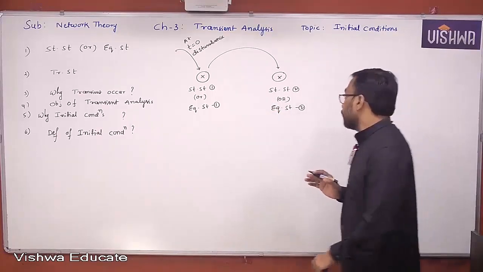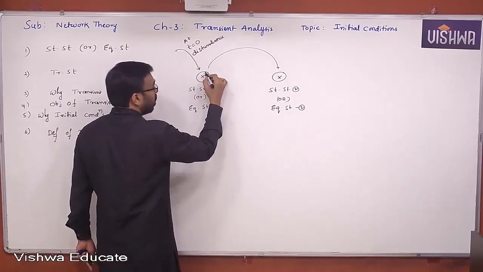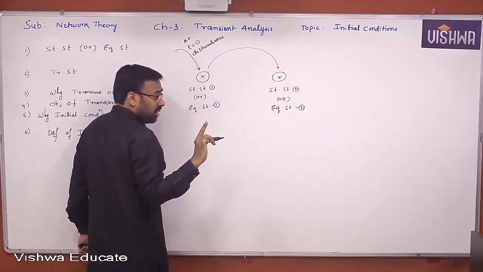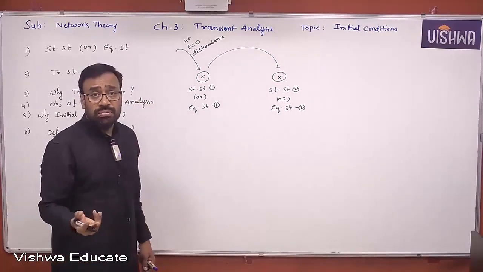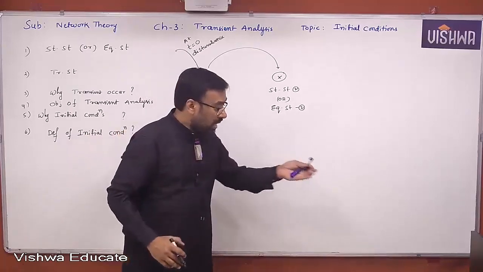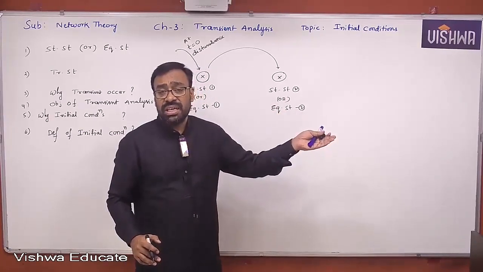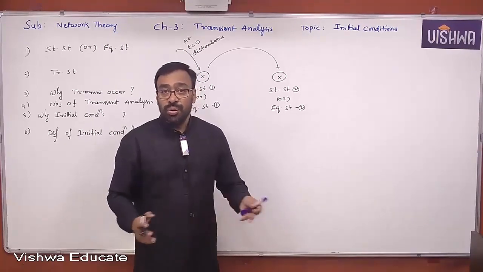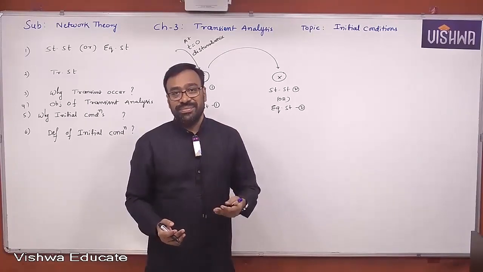Okay. Well, now the system whose steady state got disturbed and is entering into another steady state, do you think the system will reach another equilibrium state in 0 time? No, not possible. I'm here for a long time and somebody applied a force, then I'll reach another equilibrium point. But do I reach that second equilibrium point, or second steady state point, in 0 time? Is it possible? No. What is the reason for that? Because of the inertia offered by the body. Yes or no, all of you?